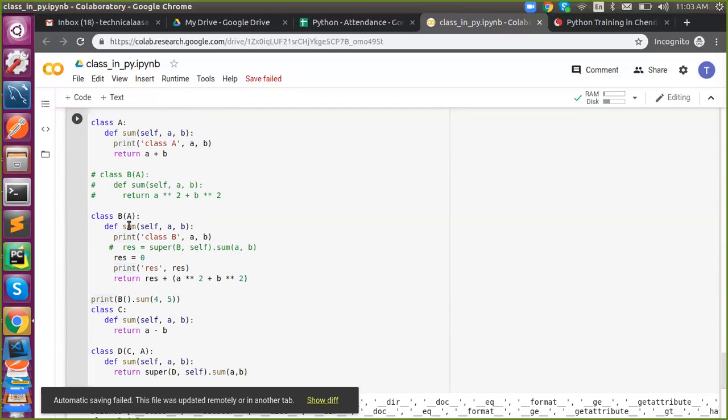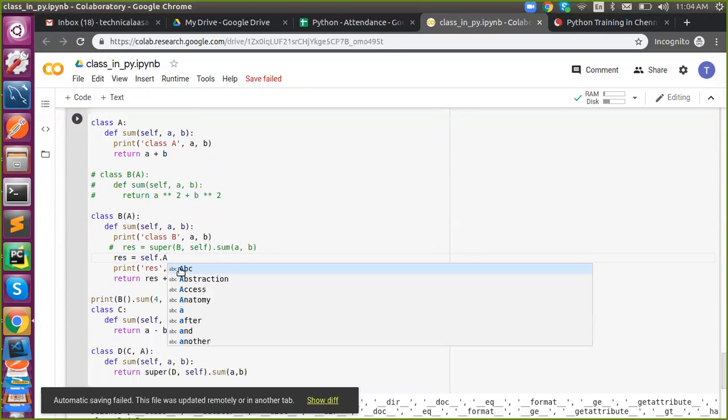Understand? Yeah, I have one doubt. Instead of res equal to super, please type res equal to A. Self dot A instantiation?